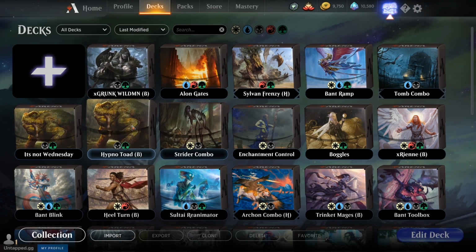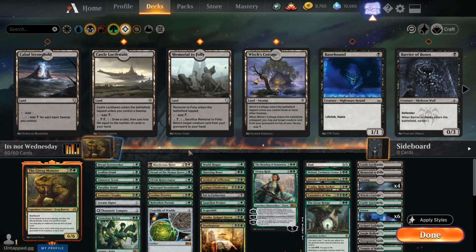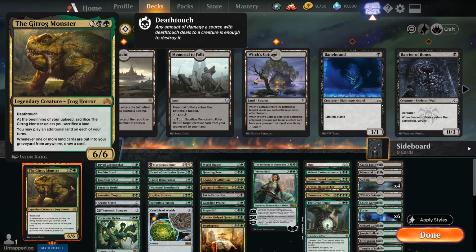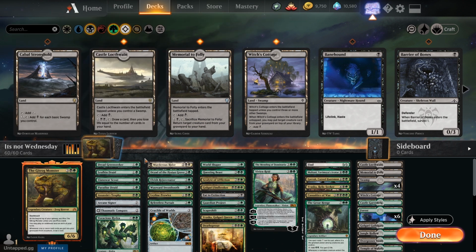So, the Gitrog Monster was a Brawl deck we played before. It's one of those cards that just recently got added to Arena. I'm assuming it's for the next event that we don't speak of, as a card reward, but it came in a little bit early. I think it was because they wanted to update before Worlds. That's kind of my conspiracy theory. Not sure if I can confirm or deny that, but yeah, we're going to be playing the Gitrog Monster, but